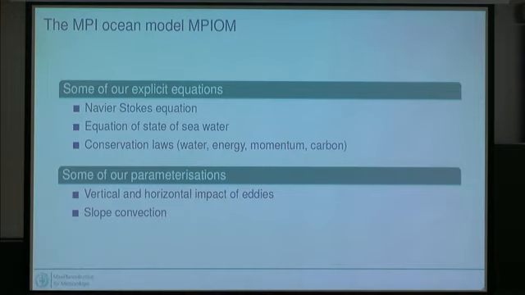The same holds for our ocean model. A couple of things we can do explicitly. But then again, there are things that we have to parameterize. The most important thing we probably have to parameterize in most model setups that we still use is the vertical and horizontal impact of eddies. We are now moving towards a grid resolution where we can actually resolve eddies. But in the standard setups that we use to run hundreds and hundreds of years, we have to parameterize eddies using, for example, the so-called Gent-McWilliams parameterization, which simply describes how eddies mix the water within an individual grid cell depending on the slope lines of the water.